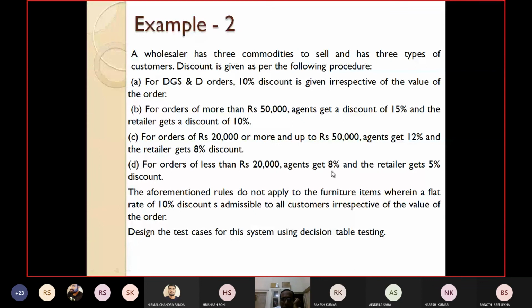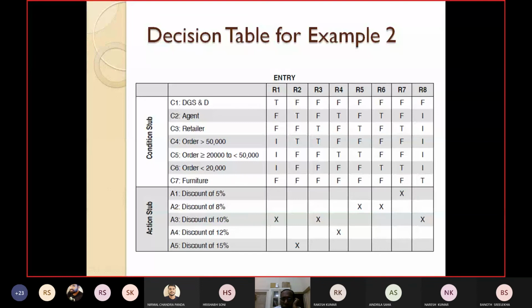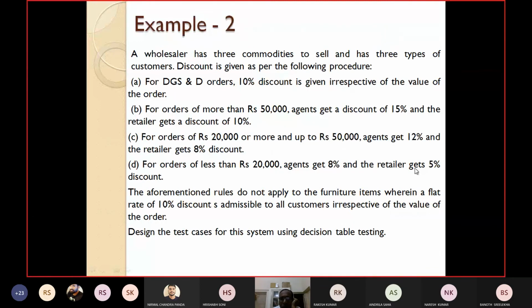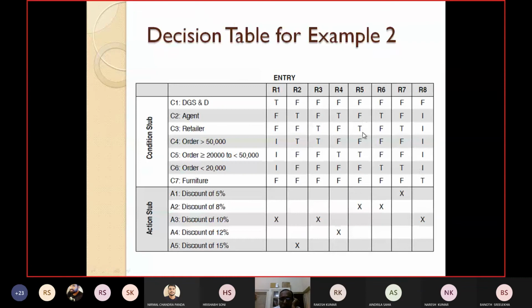Wrongly I have put 8% for the retailer here. I'm sorry, please make it 5%. And if it is an agent, then it will be 8%. So it is a small typing mistake. For rule 5, if it is a retailer, he should get 5%, and if it is an agent, he should get 8%. Okay.